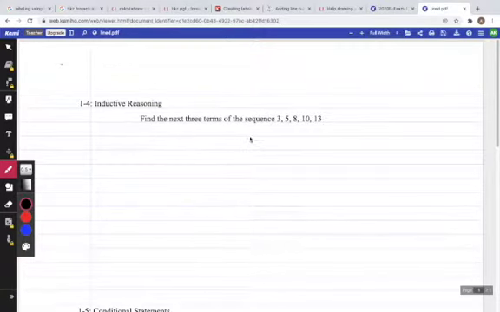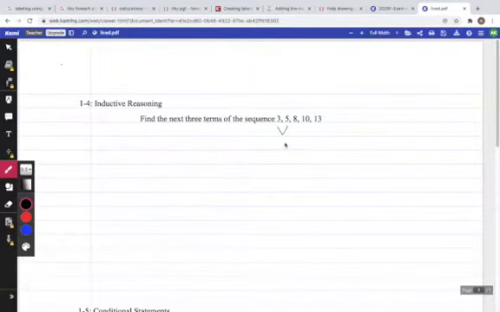It does take some thought. If it was just we add the same number each time, that's a fairly straightforward one. If it was we multiply by the same number every time, again, that one's fairly straightforward. But some of them, like this one, we do have to think a little bit more about, because